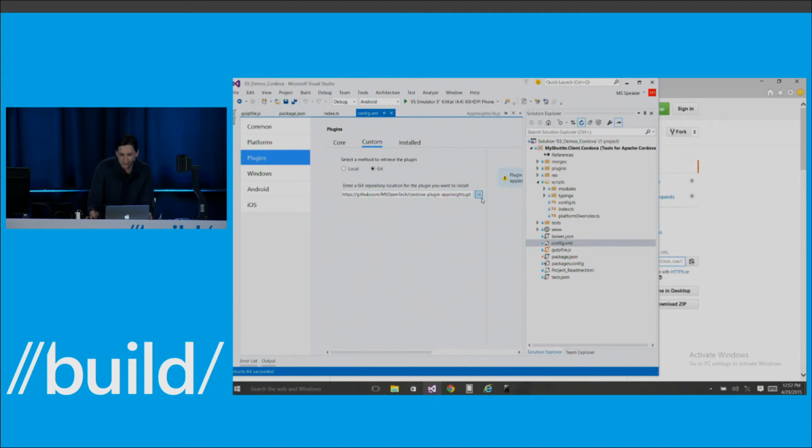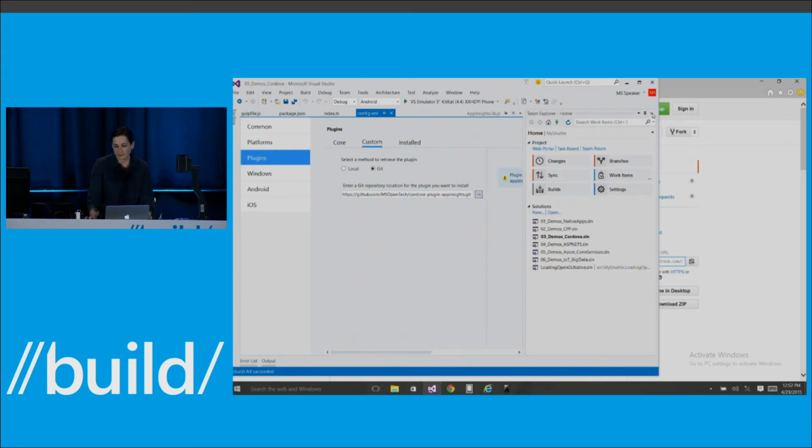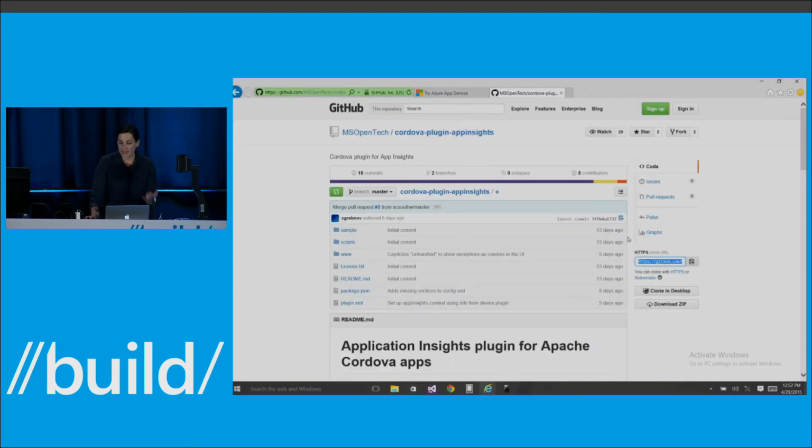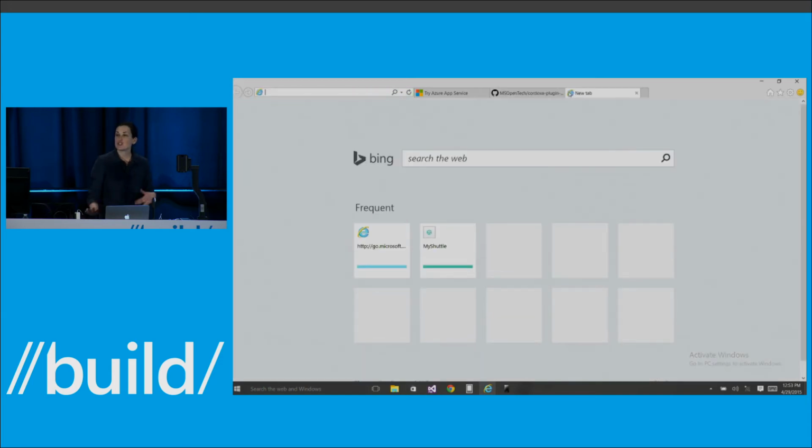So I can go to Custom, go to Git, and I can go ahead and paste that and hit Go. This is OK. I don't need to run the application anymore. Let's close this. Doesn't look like the download is working, but basically that is how I would be able to attach to the Git repository to get this App Insights app. Now what I'm going to do is show you what that does. There's a little bit of code that I have to do to create the custom events, but everything else that you're going to see here comes automatically.